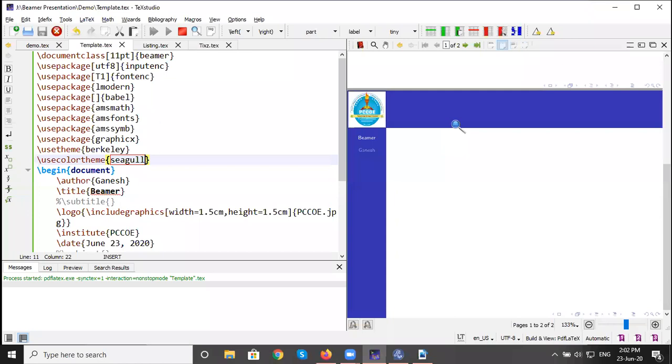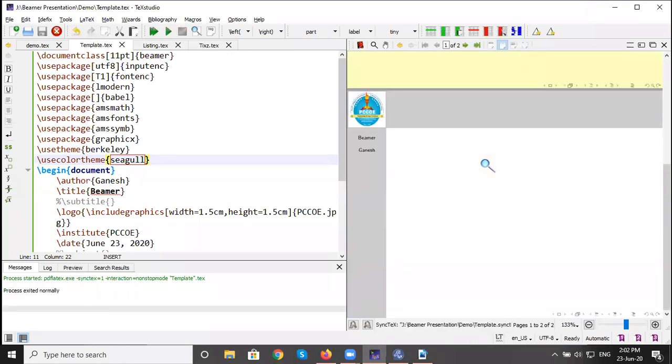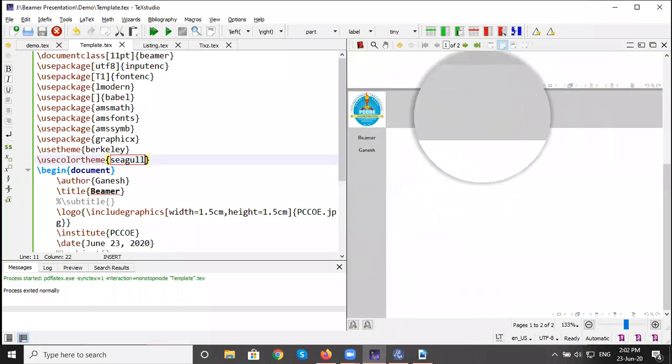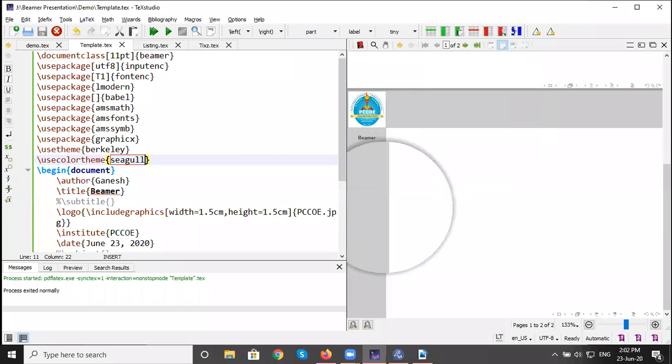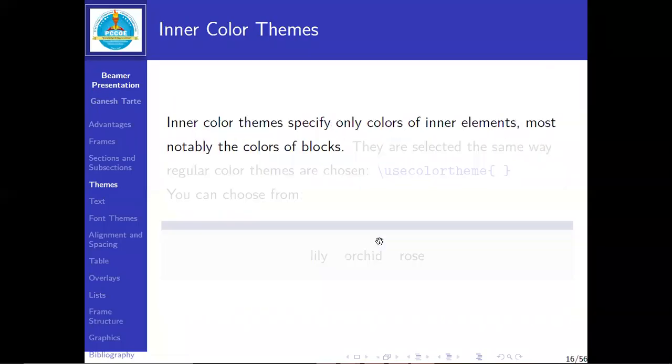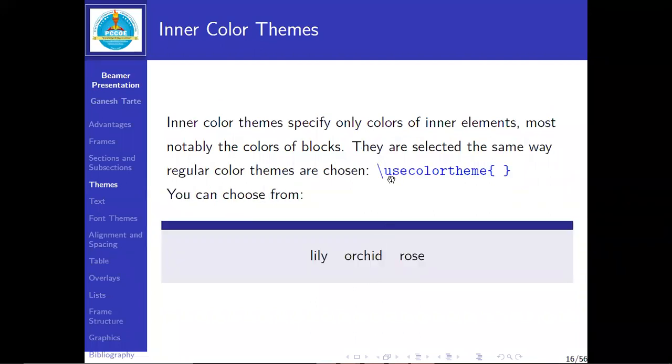Then the theme remains same, layout remains same, but the color combination gets changed. Okay, you can see the theme remains same, but these colors get changed. Instead of blue, now it is a sky blue color.